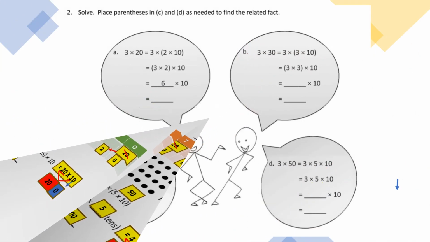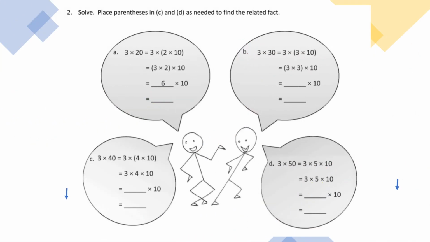Let's look at number 2. Number 2 says solve. Place parentheses in C, letter C, bubble C, and D, bubble D, as needed to find the related fact. Okay, so here we're starting at letter A, or the bubble with the letter A in it. Now the equation that we're trying to solve is 3 times 20. So you'll notice that next to it, they broke apart the 20 into 2 times 10,